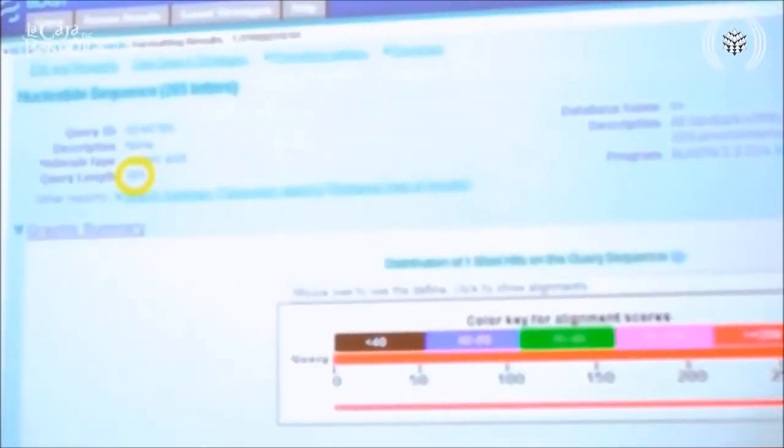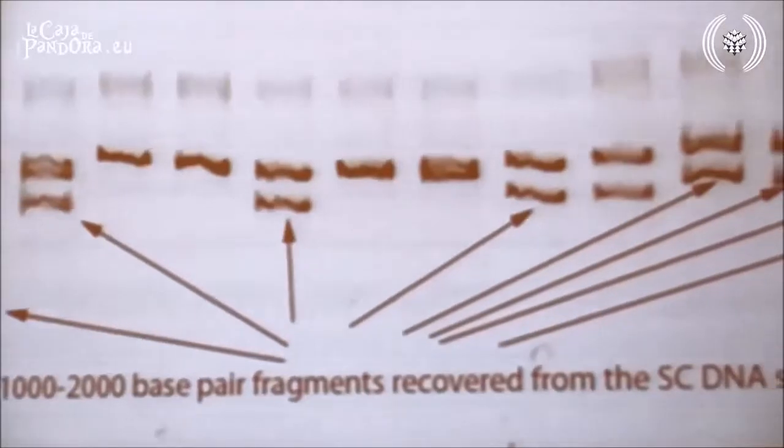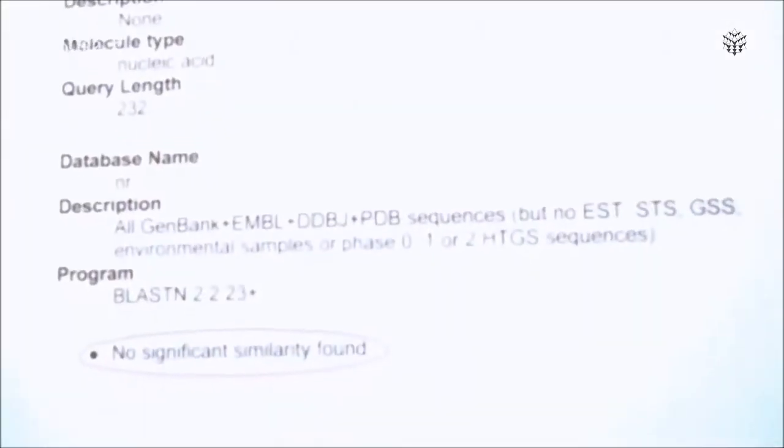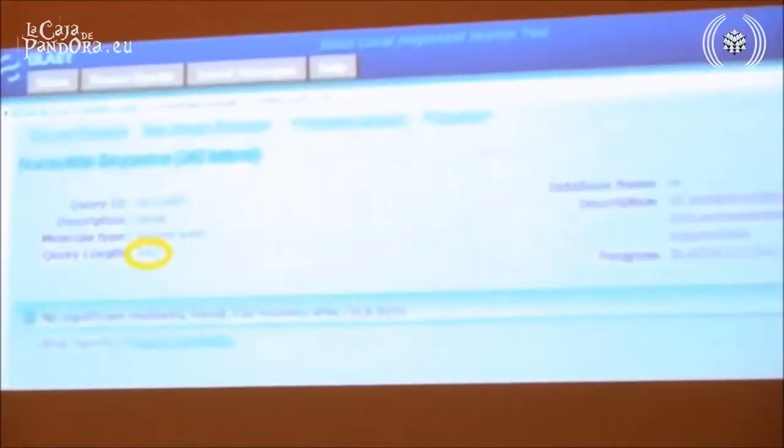Some of it comes out human, sure enough. You see right here, this sequence of 265 base pairs long. No question about it, part of the Star Child is human. So this is a really important part. This is why I'm playing this video for you. Except, next slide, some of the Star Child's DNA comes back with this incredible reading. No significant similarity found. 342 base pairs long. It's a coherent base pair sequence not found in the NIH database.